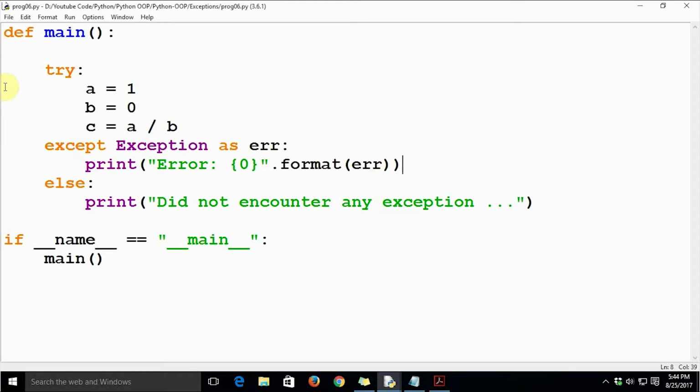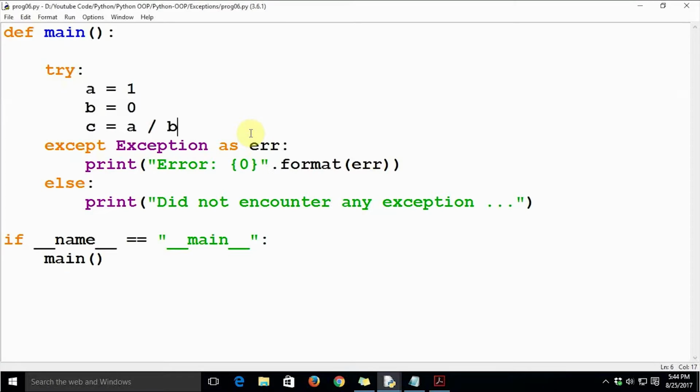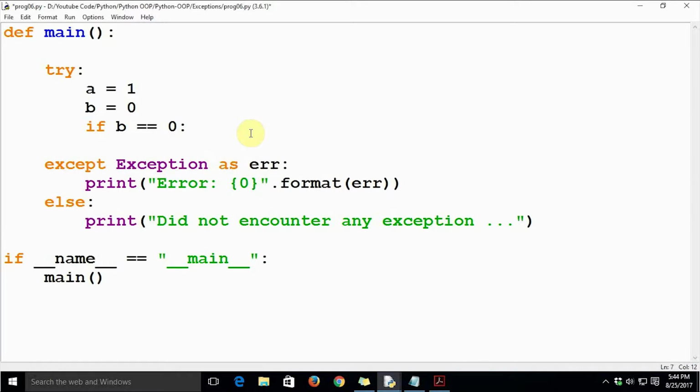So now let us delete this code, or rather than that, let's modify it in a very nice way. Let's say if b equal to 0, then raise Exception, and let's have a message saying "an exception has been raised."